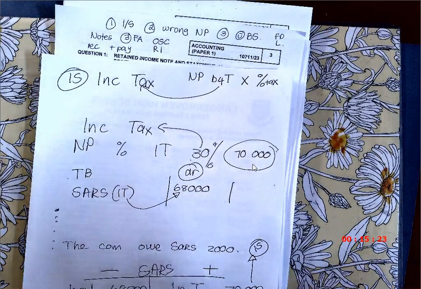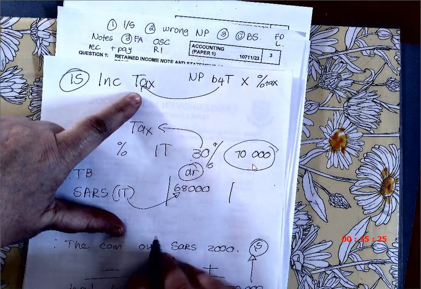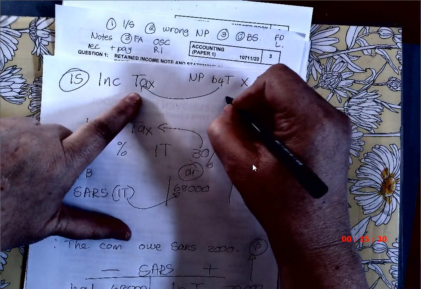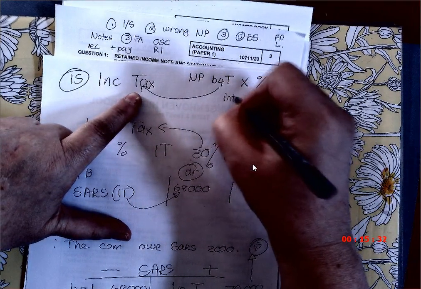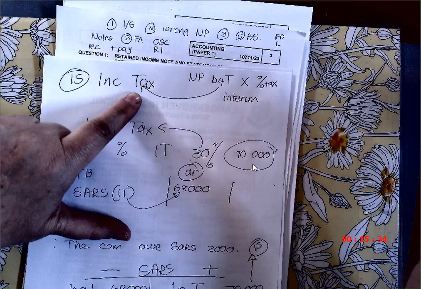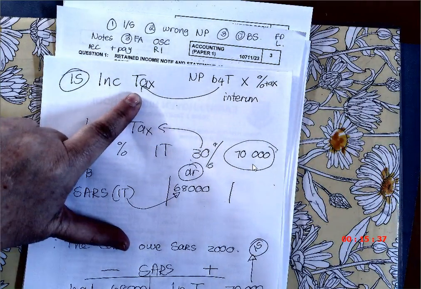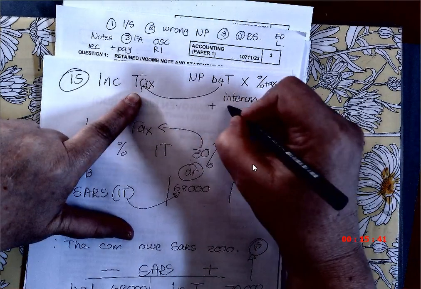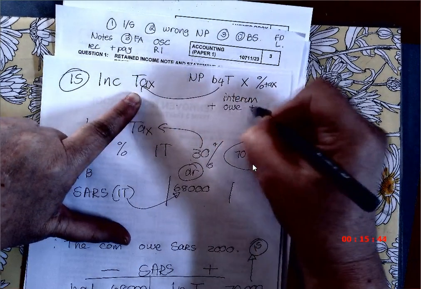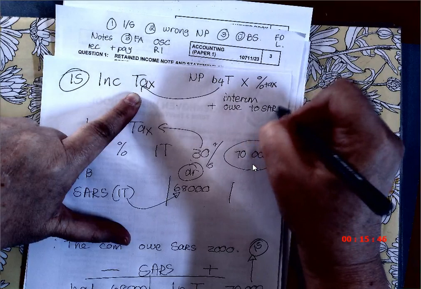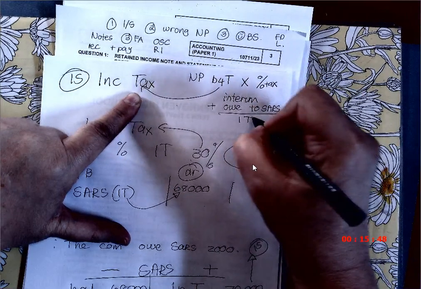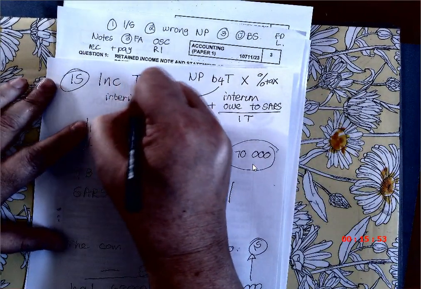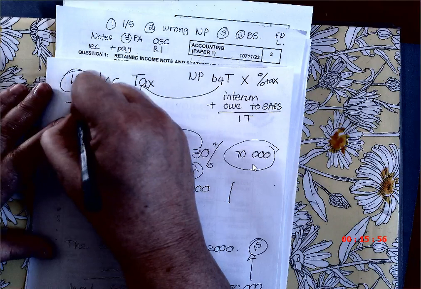But you know that this income tax in the end is, if we owe SARS, then it would be the interim, it's the SARS balance in the trial balance, right? Plus what we owe to SARS gives me income tax. Or it's the interim I already paid